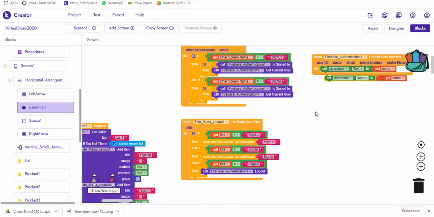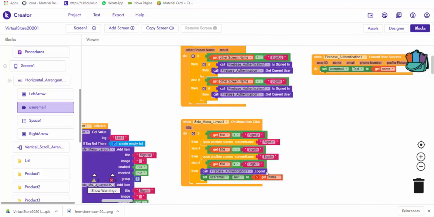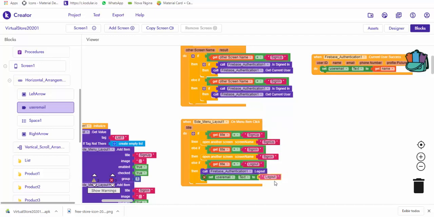also here in the logout you're gonna change the user email to empty text. So grab this thing here, it's gonna go to empty text. Also this thing here we're gonna copy,